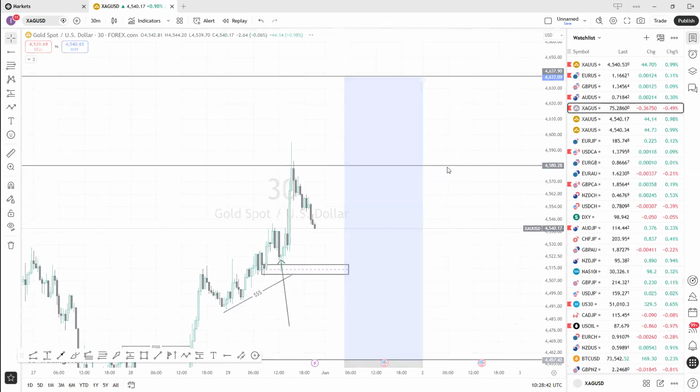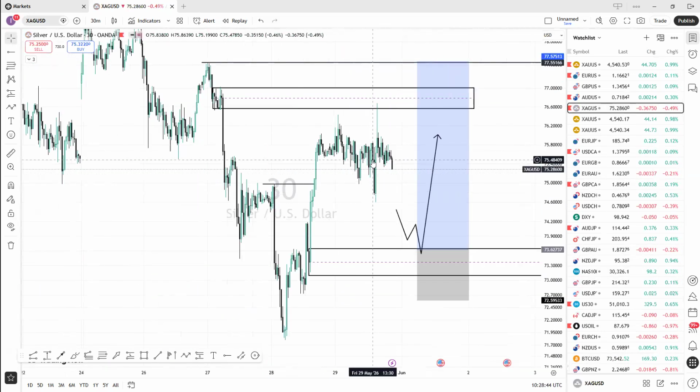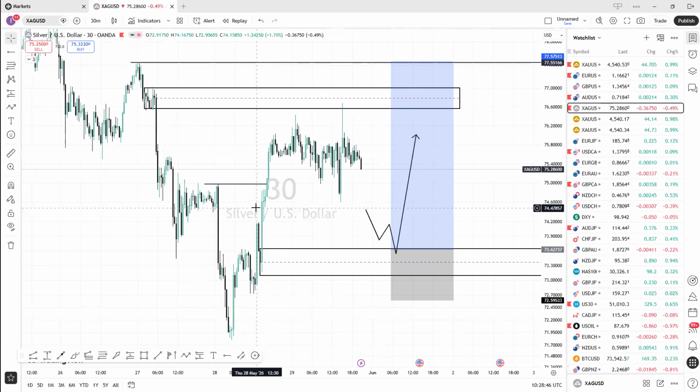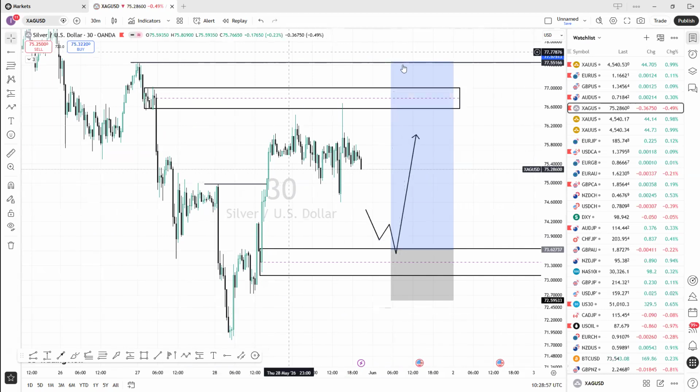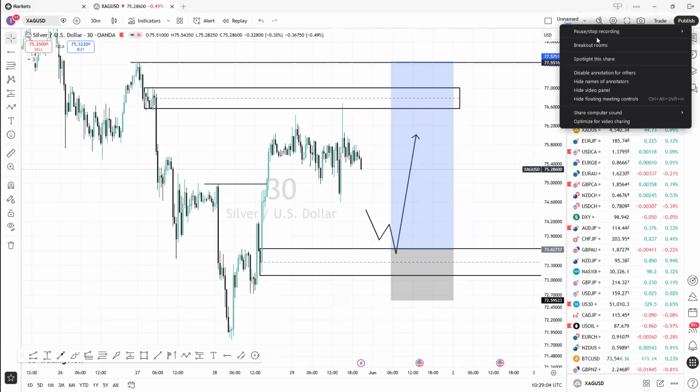On silver, on the intermediate time frame, we have this clear structure. On the intermediate, you have a shift and unmitigated demands, so with retracement to this level, execute the long position. Very simple. So see you on market open Monday, and everything will be